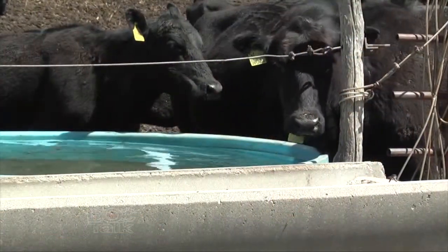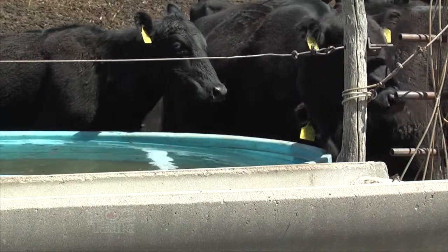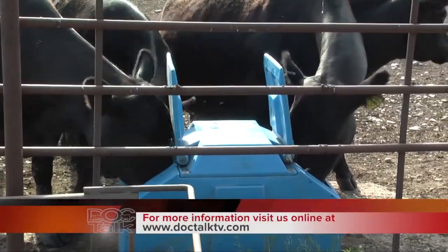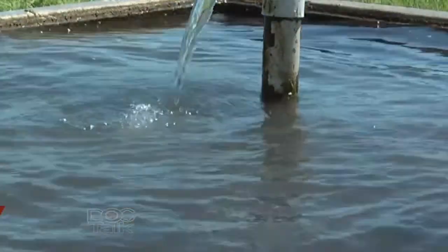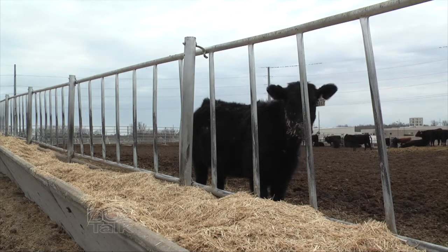Yeah, if we don't have proper water intake, we can come into some metabolic problems and some limited intake problems that are going to cause us issues down the road, and specifically with the nutrient quality. I'm afraid you've seen some of these things firsthand, haven't you, Doc? Well, yeah, whether it's different types of water tanks where we don't prepare or train the animals properly to use those, or whether it's making sure that we have an adequate natural water supply. During these times, if we aren't keeping up with it, especially in a closed cattle system where there isn't snow in the pen, they can't substitute snow for water,